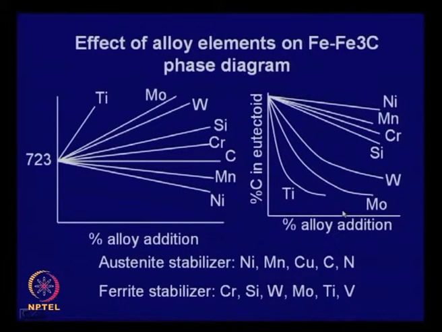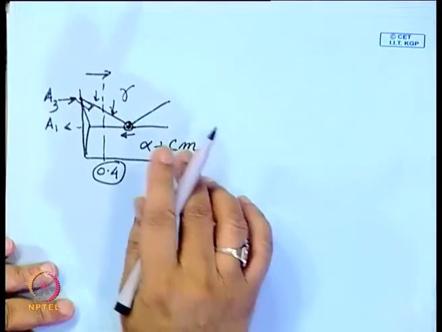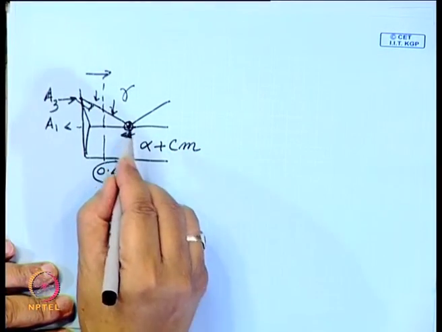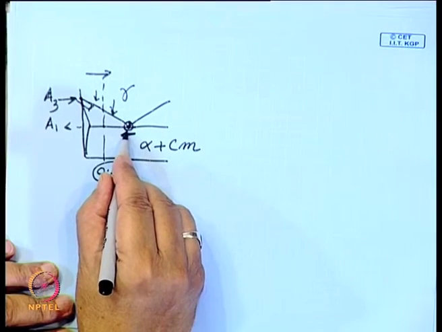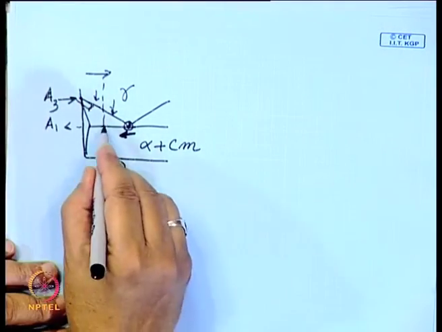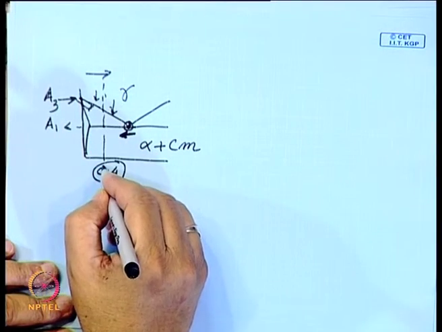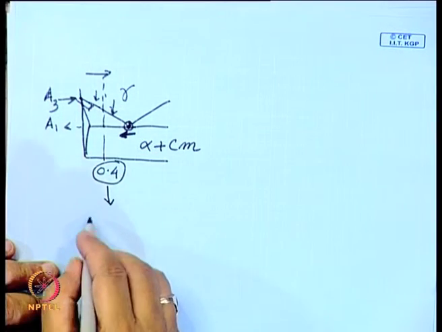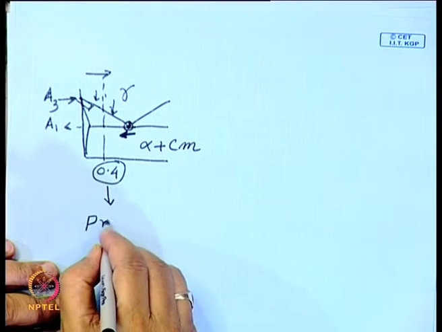So, that means this point shifts to low carbon content. If you look at this sheet here, this eutectoid point shifts like this, and so that means if you have this 0.5 carbon, approximately